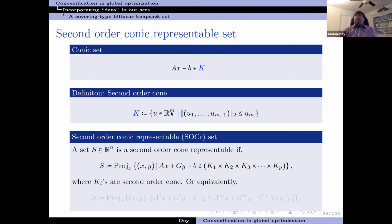second order cone, it's a cone in R^m, but it's a different cone. It's a cone where you say that the 2 norm of the first m minus 1 components is less than the last component's value. Okay, and we say a set is second order cone representable if